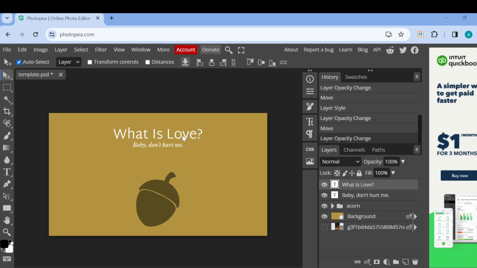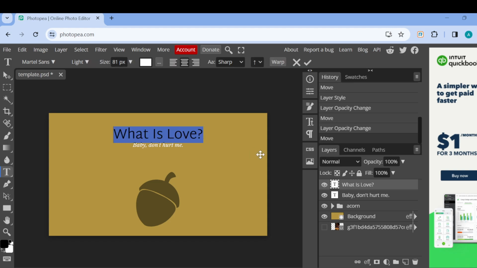where the text is located by double clicking on it, or better still, you can come to the right side of the screen where you can see some options, and then you can see the layers tab. Under it, you can see the layer, and then you can just decide to select the layer directly. So once you've selected the layer, come to the lower part of the screen where you can see other options,